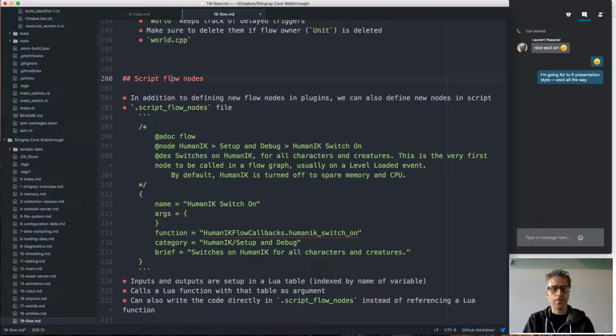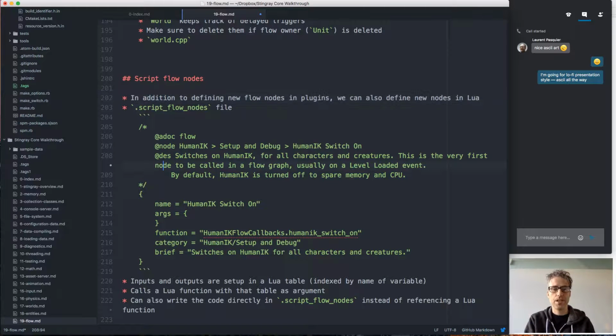Final thing I want to mention about flow is that we have support for what we call script flow nodes. So in addition to defining new flow nodes in plugins, you can also define new nodes in Lua. So the Lua gameplay programmers can extend the flow interface and create new nodes for the level designers or artists to use. It's a nice way of getting good collaboration between the gameplay programmers and the artists. The artists want to use the high-level visual scripting system, but it might not have the functionality that they exactly need. Then the gameplay programmers can extend it through Lua and